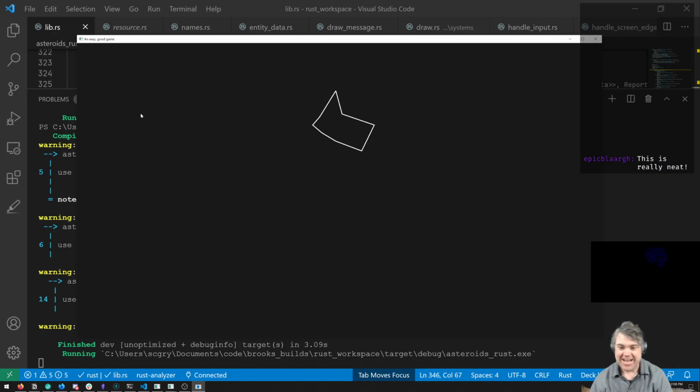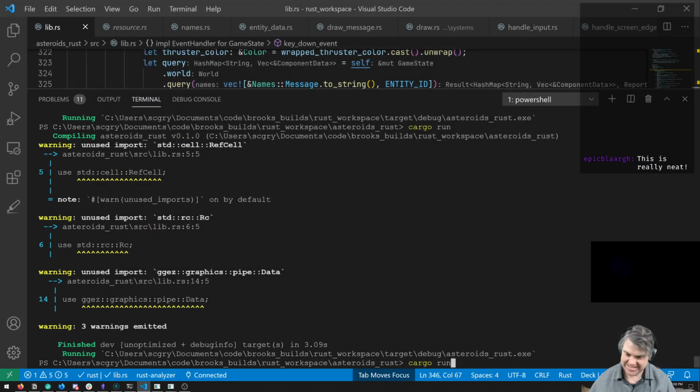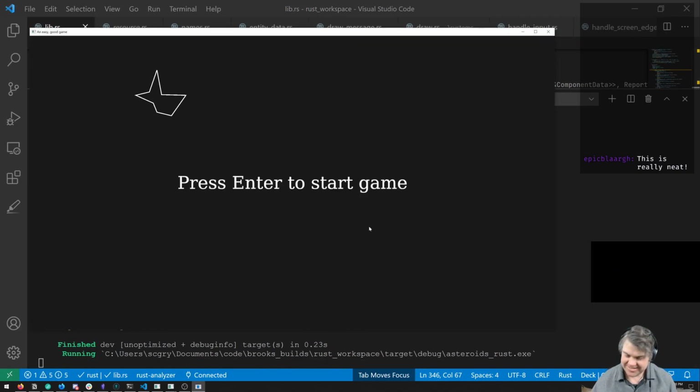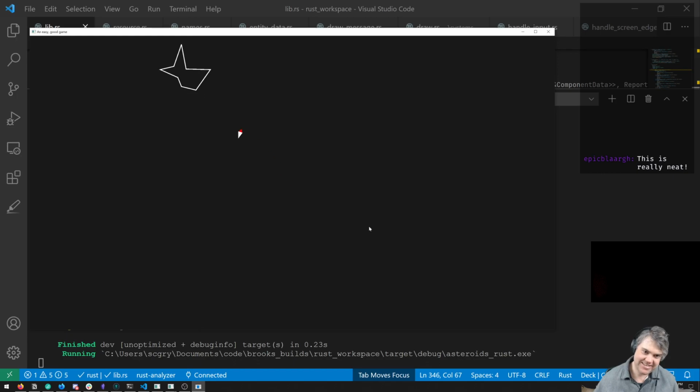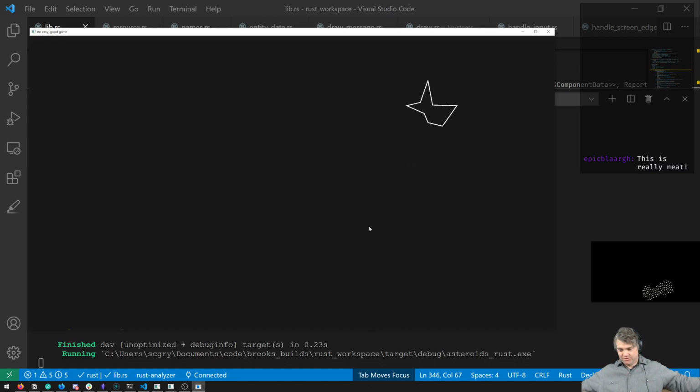Oh, thank you so much. I really like the ECS method of dealing with all this. It makes it kind of fun to get all these states going. Now state management with an ECS system, I'm using resources right now. I'm not sure if that's the best way to do it, but it seems to work. It's a lot of extra code, but that's actually more of a statement about my library than about ECS in general.